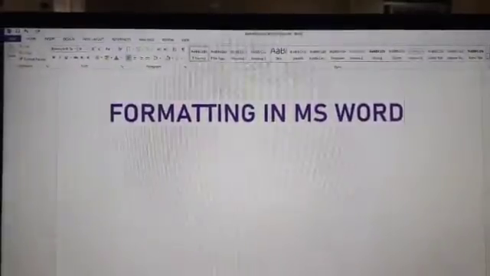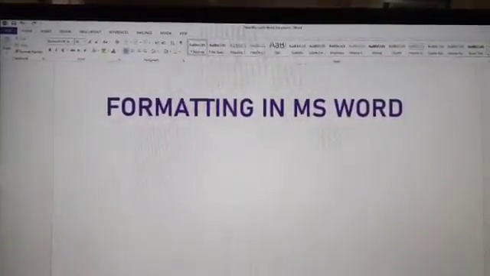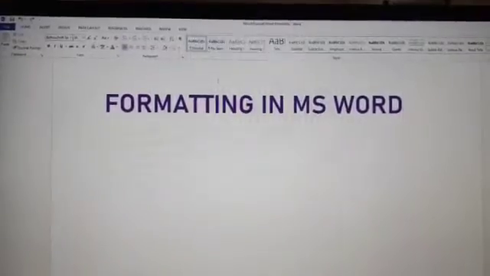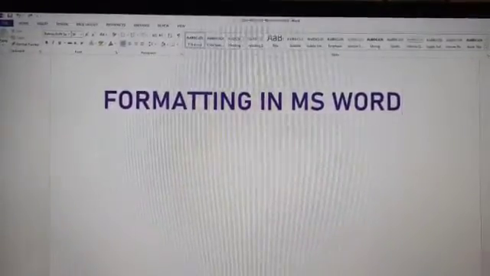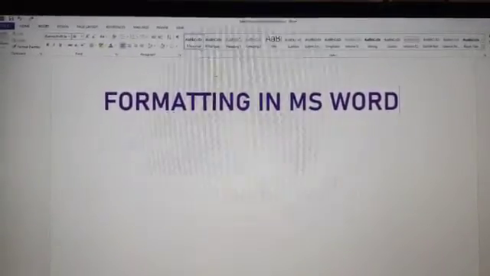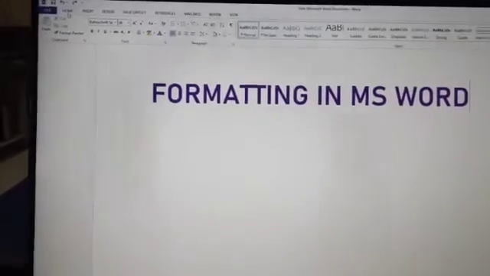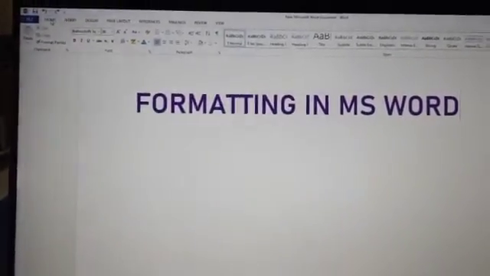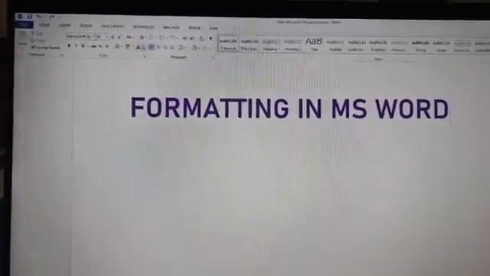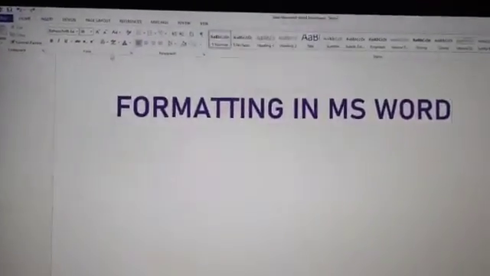The next topic is highlighting text. What is the meaning of highlighting? Highlighting the text means placing a colored rectangle over it. We will see the steps now on how to highlight the text. First of all, you want to click the Home tab. Which tab? The Home tab. Then you see the options here in the Font group.